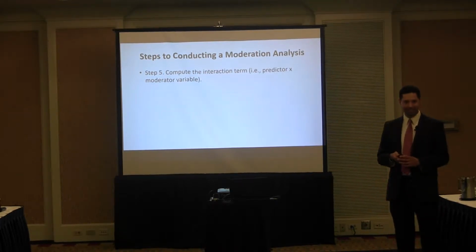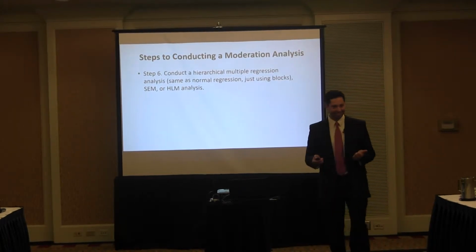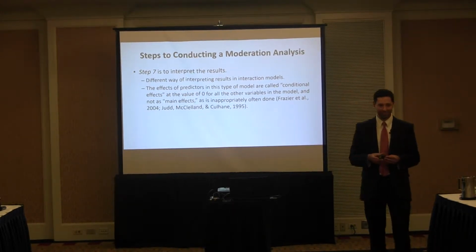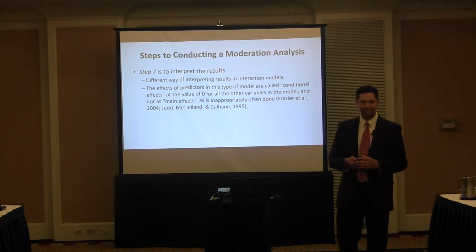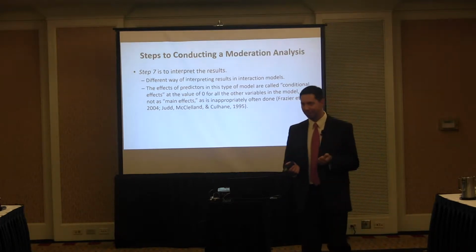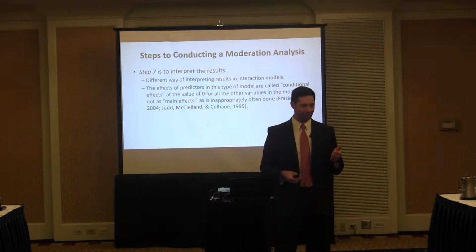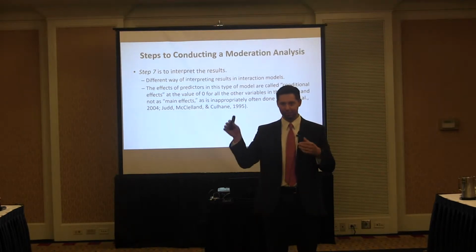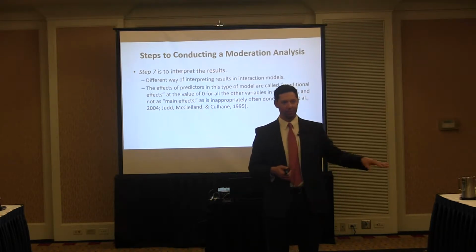Step 5, make the interaction term, compute it. Step 6, run it, and whatever it is that we're running, just about any stat, you can put that interaction term in there. Step 7, interpret it. So this is where I'm talking about the meaningful 0. I think most of you already know some of this, but if we have an unstandardized beta of 0.3, we would say as our predictor goes up 1 unit, our outcome goes up 0.3 units on this unstandardized scale of 1 to 5 or whatever it is, while controlling for all the other variables, while holding all the other variables constant.